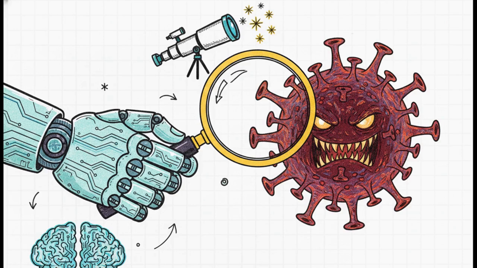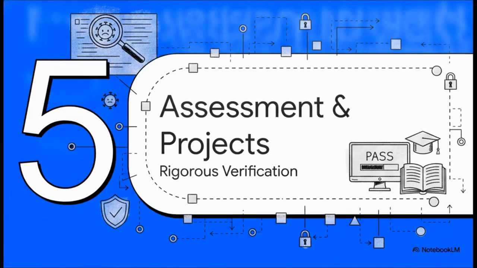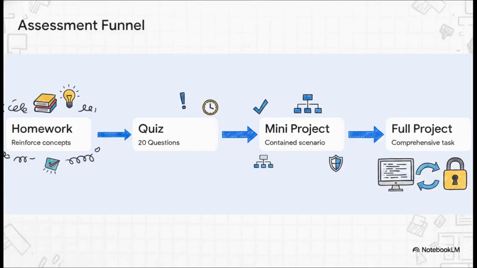Finally, it requires a discussion on the future scope, forcing that 20-year veteran instructor to forecast exactly where the industry is heading. It's all about preparing the student for the threats of tomorrow, not just today. And finally, Section 5, Rigorous Assessment and Projects. Let's see how this builds, because the source outlines an escalating assessment funnel that is designed to